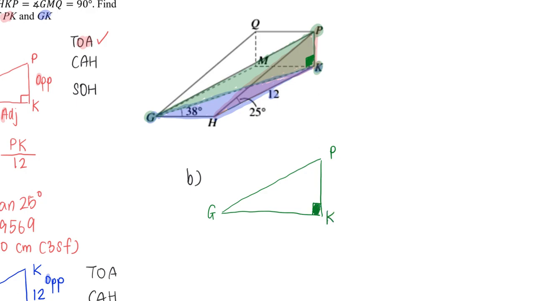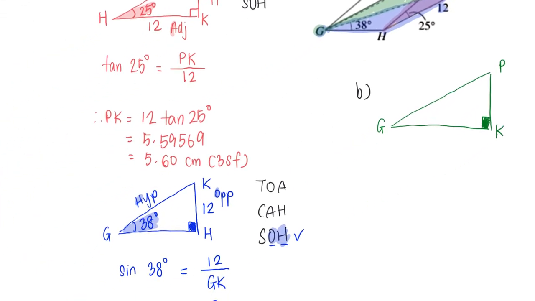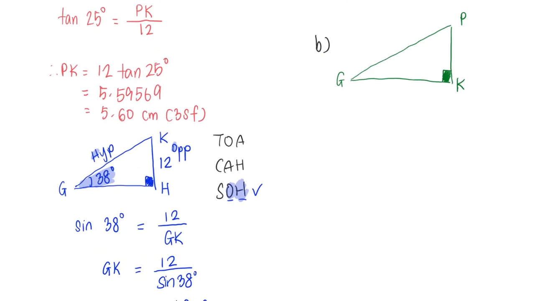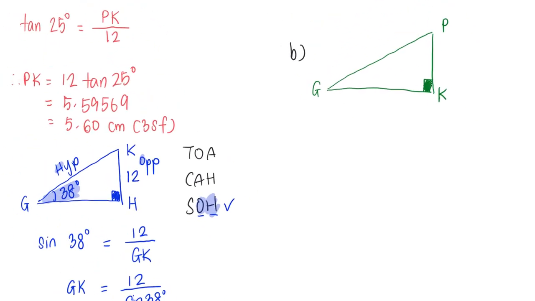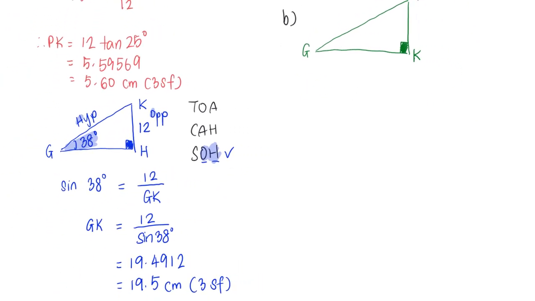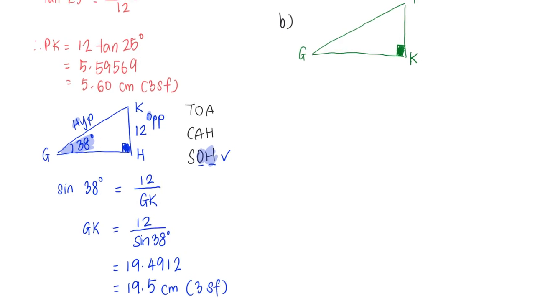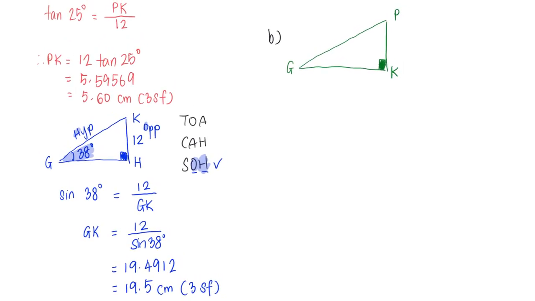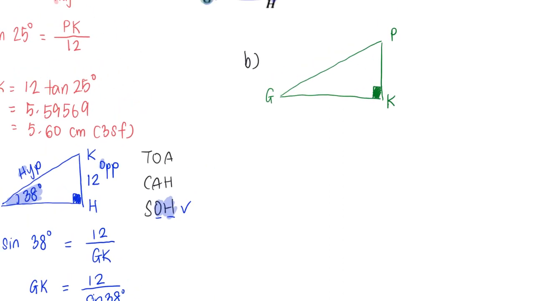And do we know our GK from previously? Yes. We also know our PK from the previous answer, which is 5.59569 and 19.4912. And that's what I am going to write down here. So I will have my 5.59569